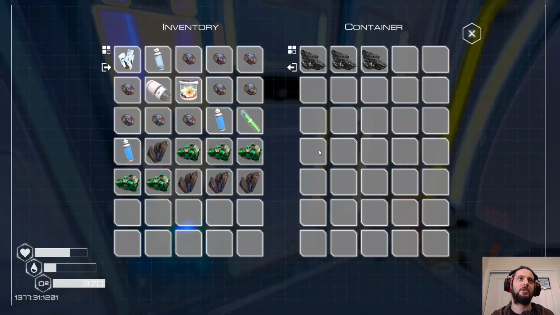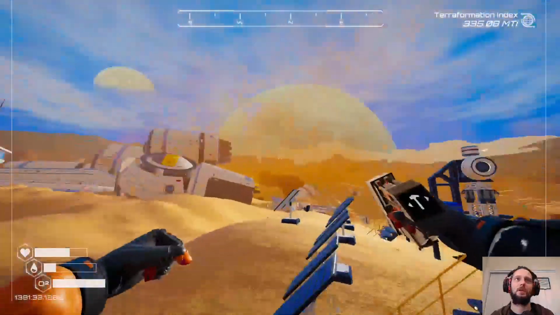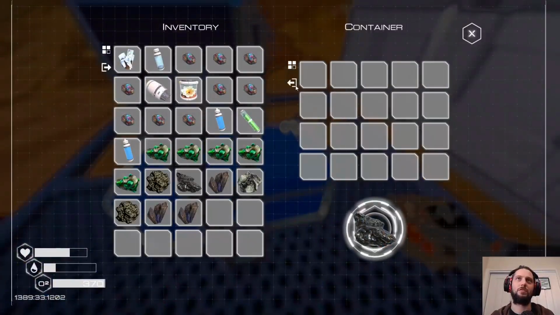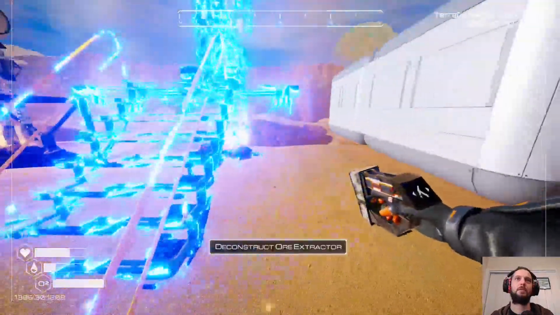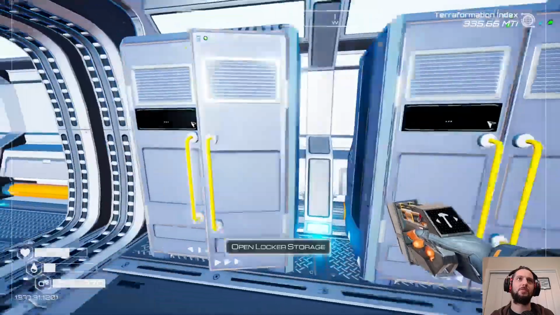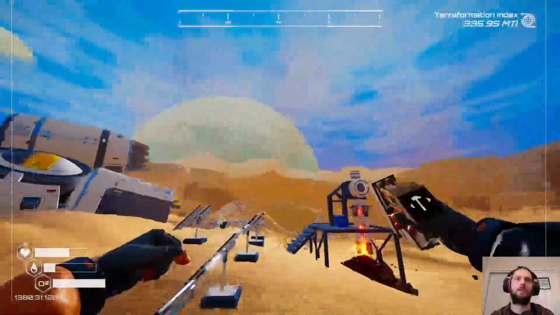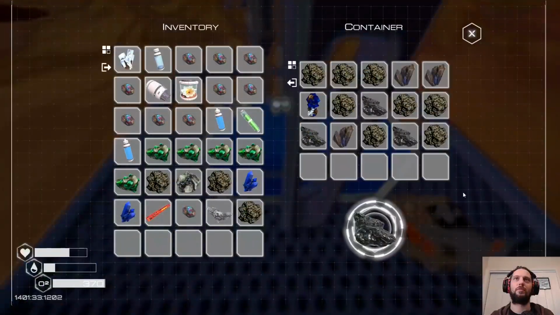So let's put silicon in there. Magnesium can go in here. Doesn't help that I have a ton of other stuff on me that I really should have cleared out of my inventory. There we go. Cool, I did have enough space for it all. So silicon, magnesium, and then we can hopefully...